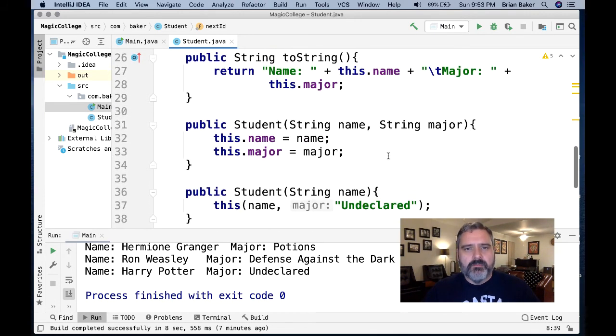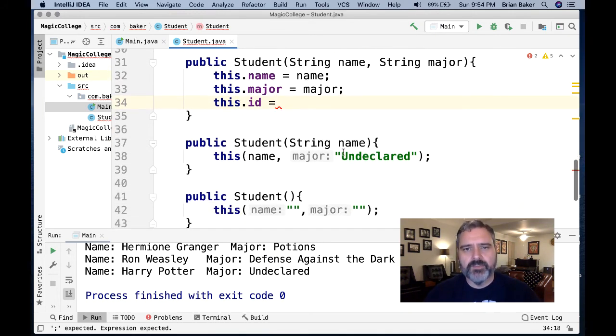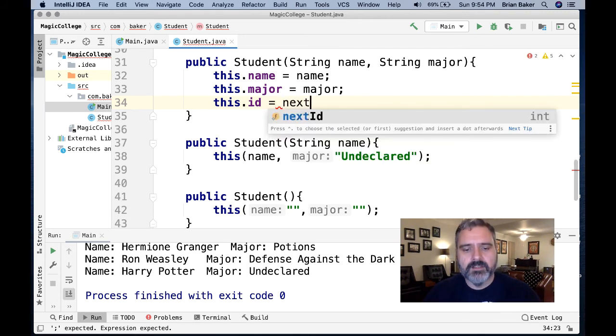So here we are, back to this. I'm here in string.name. Now I have to do this.id, which is now going to do this for all versions. Remember, I don't have to choose an ID for either of these. I don't have to choose an ID here. The ID is going to be automatically assigned. It's going to be assigned to next ID,